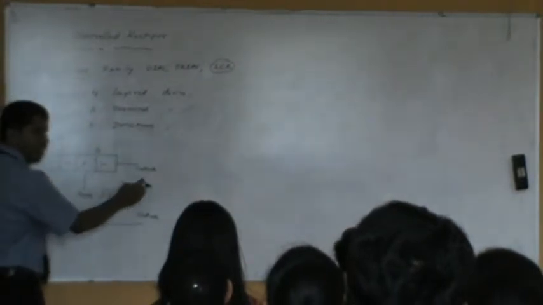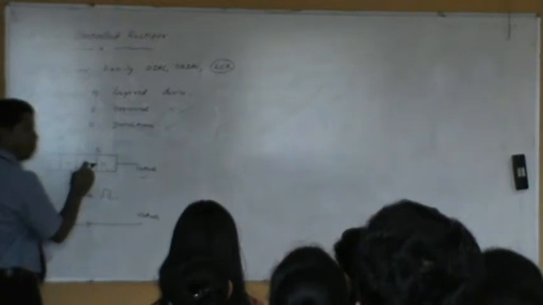Similarly, look at junction J3. N is connected to the negative, which is more negative, and P is connected towards the positive. Or another way you can say that N is negative and P is less negative. So because of this, junction J3 will be forward bias. And you can see junction J2, which is the middle junction between J1 and J3.